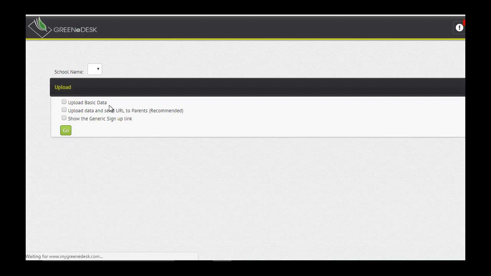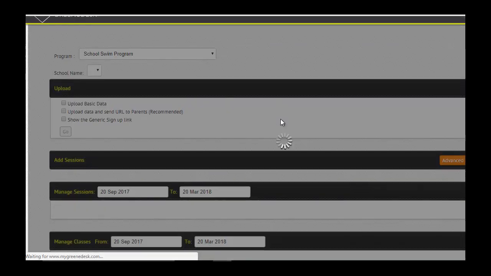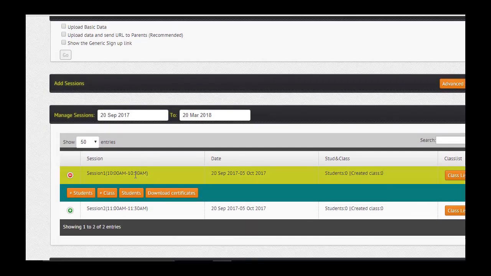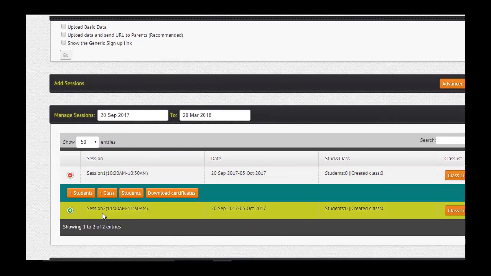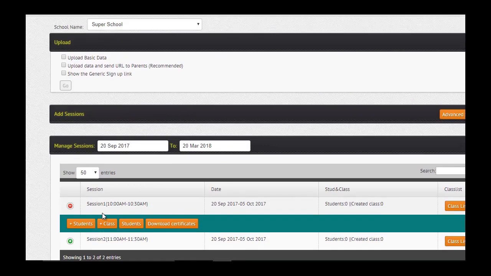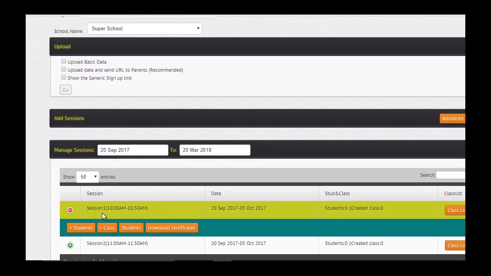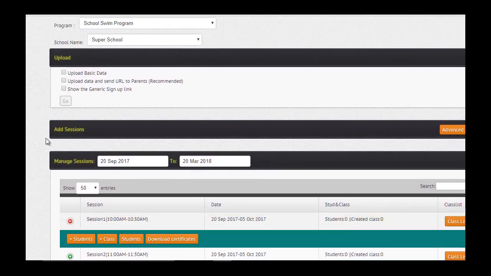So you can see I've got my school, Super School here, and you'll see that I've got sessions for this school. We've got session 1 and session 2. In some cases we might have as many as 5 or 6 sessions, but for simplicity we'll have 2 sessions here. So our next step is to get our student information into the system, and this is very easy